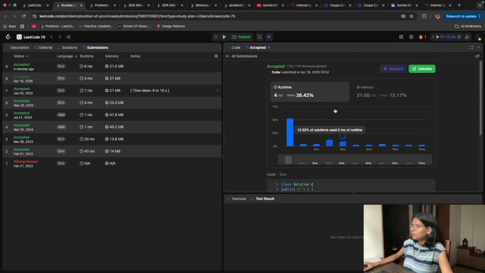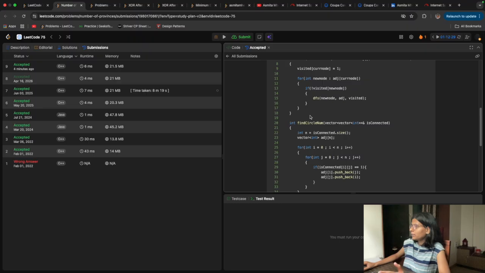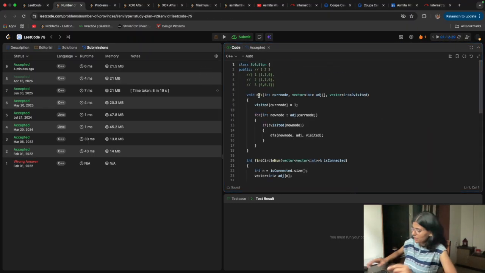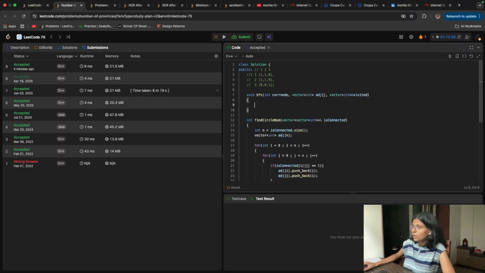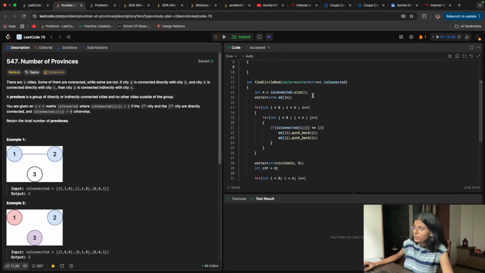It was accepted, this one which we solved yesterday using DFS. We will take this as it is, and in this function we will write the BFS function here. The code will be the same. First, what we did yesterday is we took all the nodes, the number of nodes. Then we created its adjacency list. First it was the sparse matrix, and we converted the sparse matrix to the adjacency list graph format.